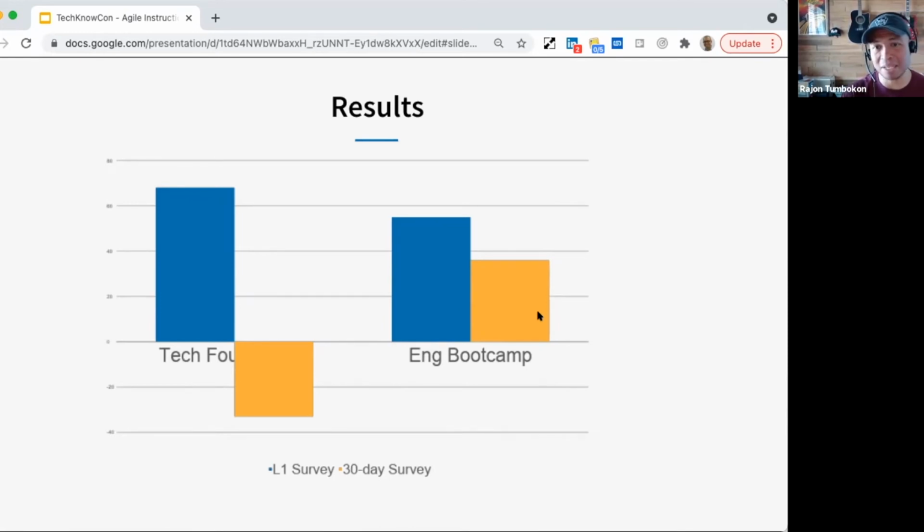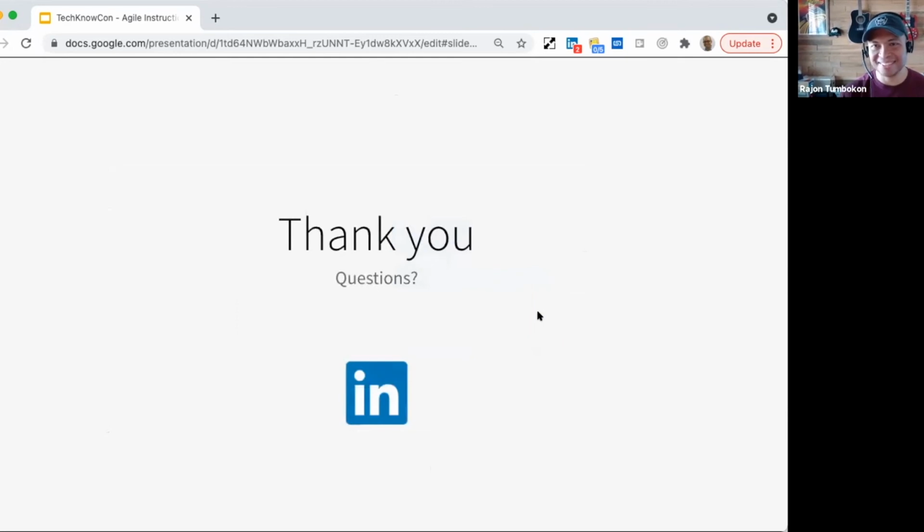Now, when we did the same thing with Engineering Bootcamp, we found that our 30-day results were 100 points higher than our previous program, which is plus 38. So just there, it incredibly shows the value of adding learner-centric type experiences, especially with technical audiences, how that value can go very, very far. And that's it. I'm all done. More than happy for questions.